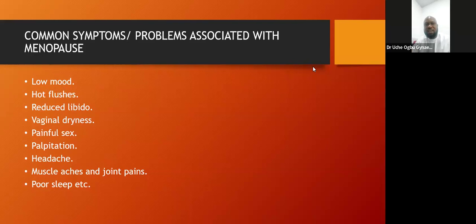You're also going to experience reduced libido, because hormones such as estrogen and progesterone support the function of female organs and sex drive, and their production will drop when you get to menopause. As a result, the woman will start experiencing reduced libido and vaginal dryness. And because they have vaginal dryness and vaginal atrophy, they will experience